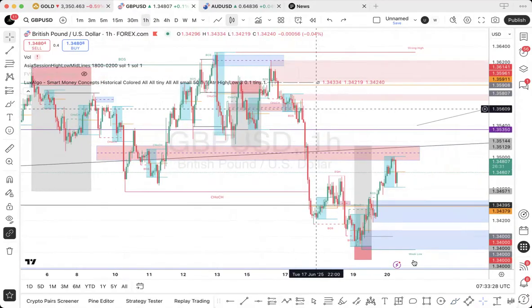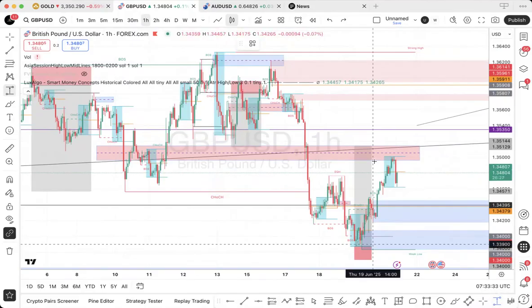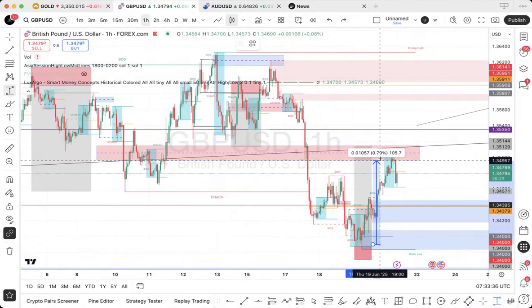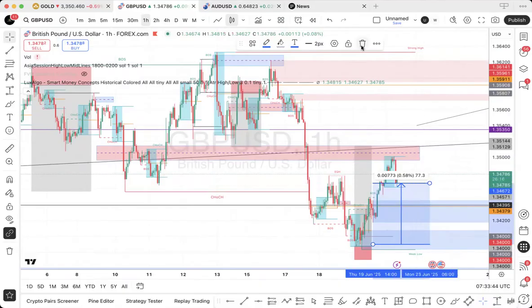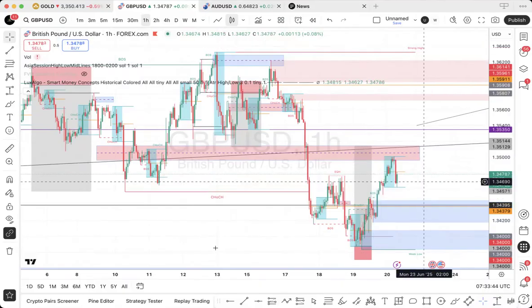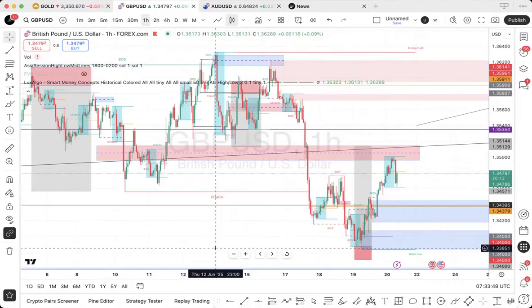Just one target to give us at least 108 pips. Okay, so as you can see, I already have this particular trade highlighted on the chart. That is its movement,